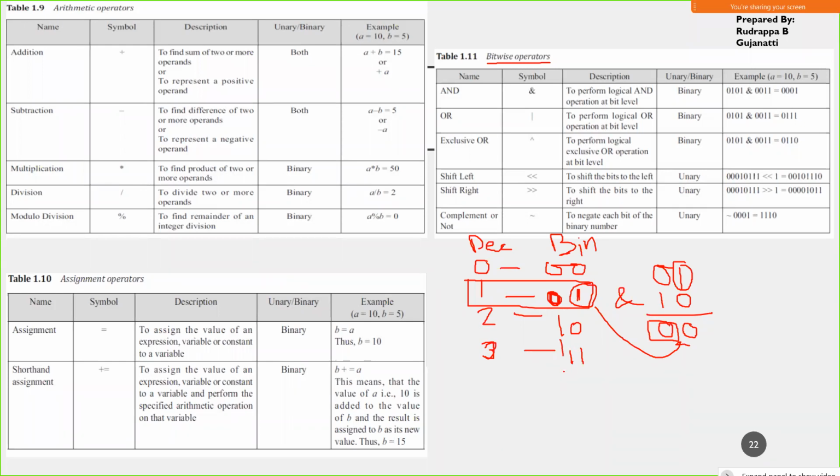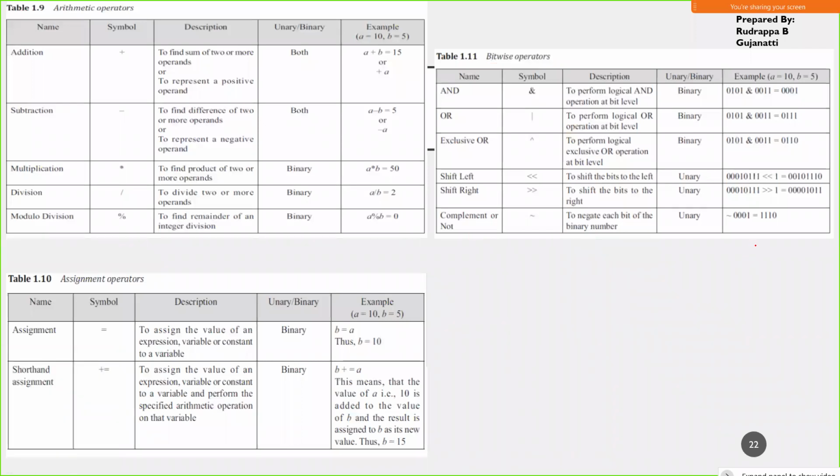Say I want to perform the same operation on this. I want to change this bit and I want to retain this bit. So it is 1, 1 bitwise ANDed with this. So 1 ANDed with 0 is 0. 1 ANDed with 1 is 1. So this bit is retained. This one is altered. If there are some operations which require to be performed in this form, then in that case, I make use of the bitwise operators.